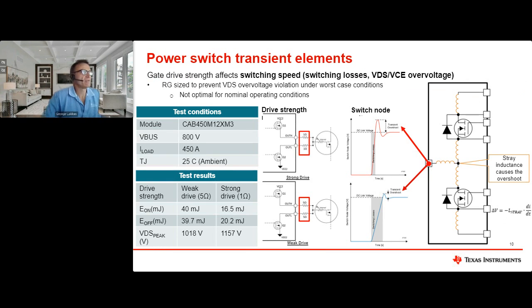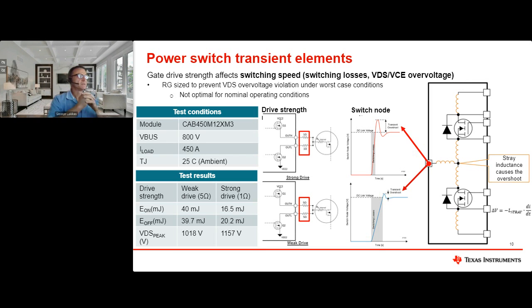So how does that relate to the power switch itself? What matters a lot is the fact that the gate drive strength affects the switching speed of the power switch, as well as the voltage in terms of overvoltage. So essentially you have to size the gate resistors accordingly to select weak or strong gate drive. And you do that to be able to, again, optimize efficiency versus drain-to-source overshoot on the silicon carbide